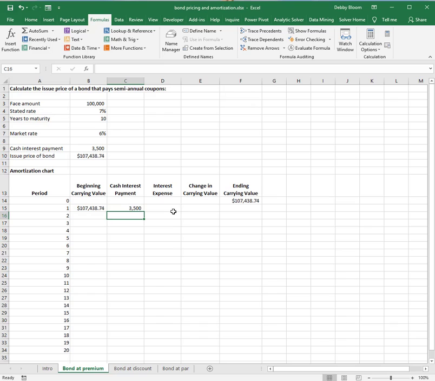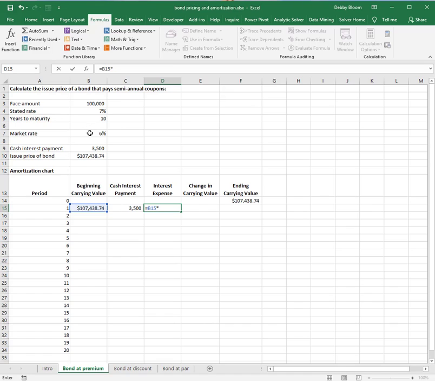Now I'm going to calculate the interest expense. So the interest expense is the beginning carrying value multiplied by the market rate multiplied by 1/2, because period 1 is a 6-month period, 1/2 of a year. So I'm going to tell Excel to take whatever is the beginning carrying value, type an equal sign, click on the beginning carrying value for that period,